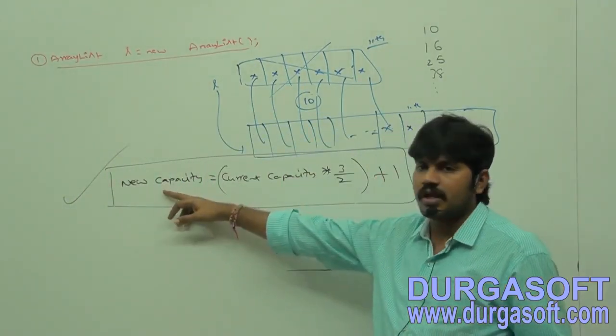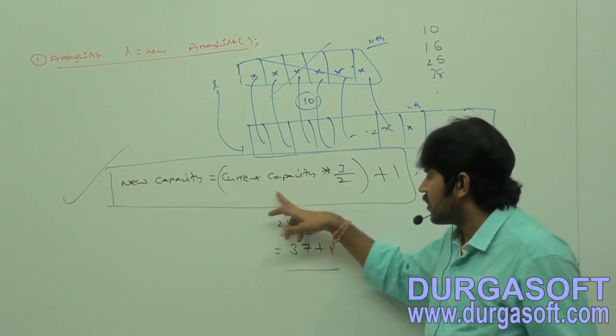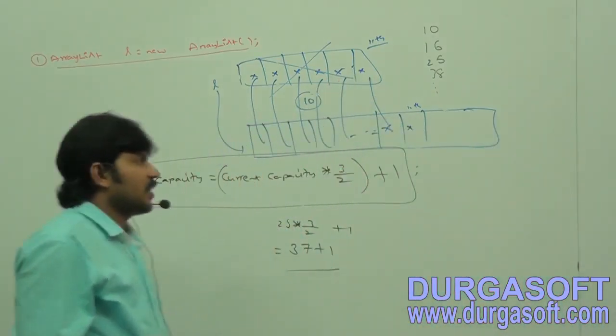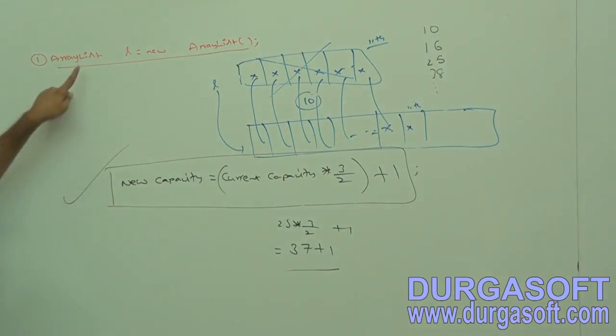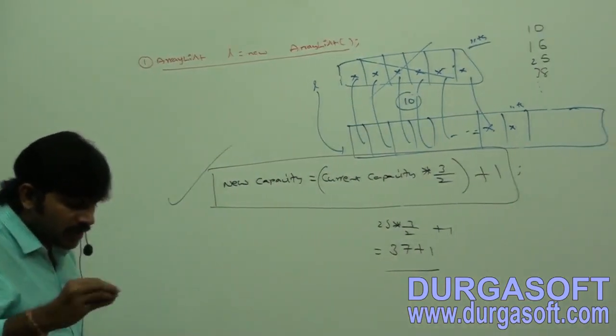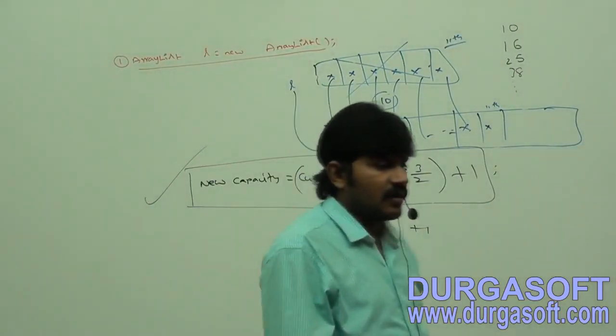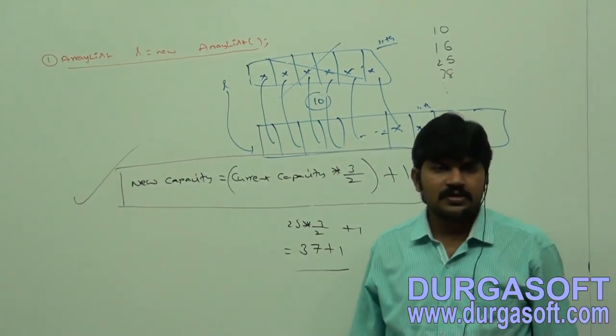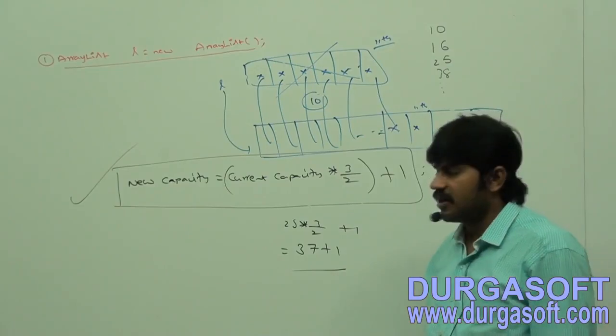Have you observed the formula? New capacity is equal to current capacity into 3 by 2 plus 1. Okay, add a plus one to the notes. Constructors: ArrayList l = new ArrayList();